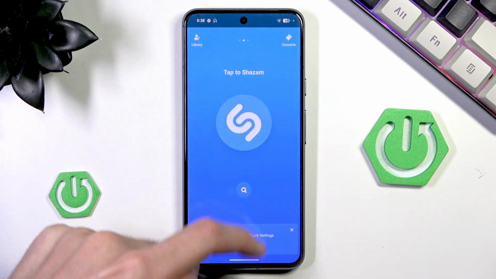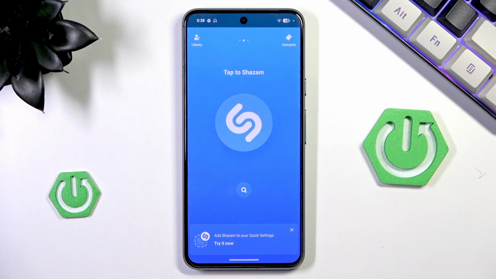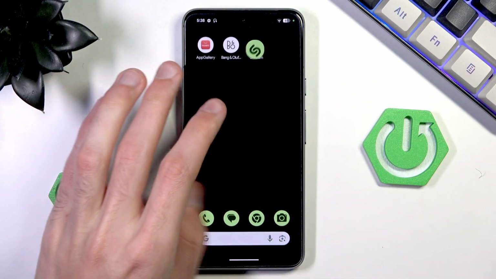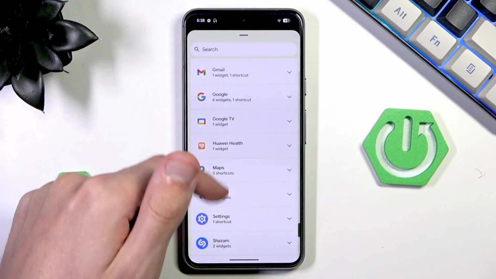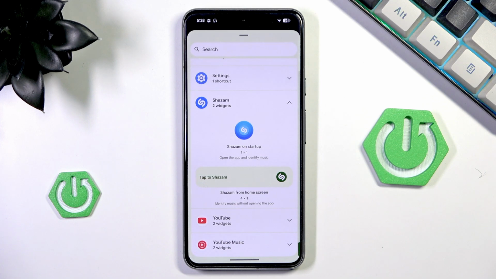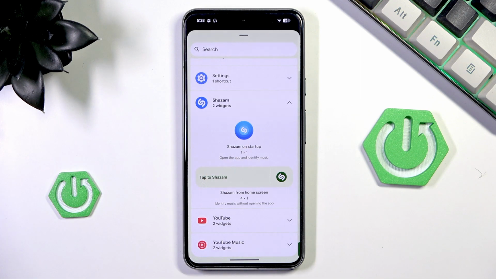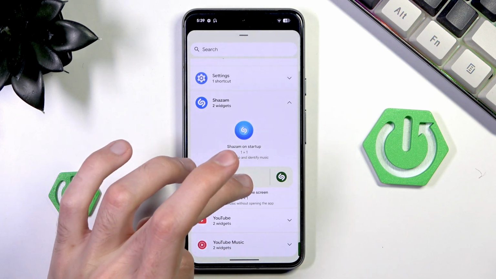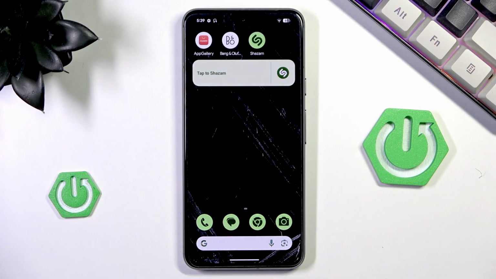I would also recommend that, instead of going to Shazam and clicking here, so it's two clicks, you press and hold on the widgets. Now you want to find your Shazam, so it's right here. We do have Shazam on the startup, and tap to Shazam. This one is just the shortcut version, and this one will also automatically, I think, show you the name of the song. So you can add the bigger one, and now we just hit once, and now it will automatically